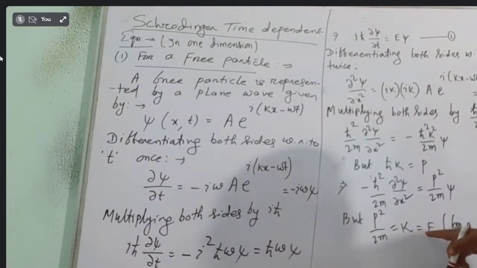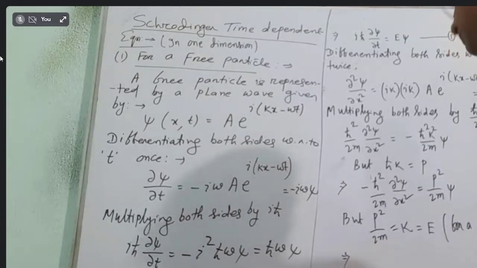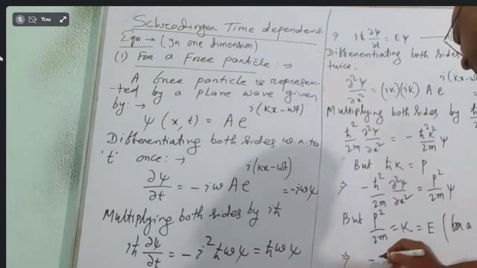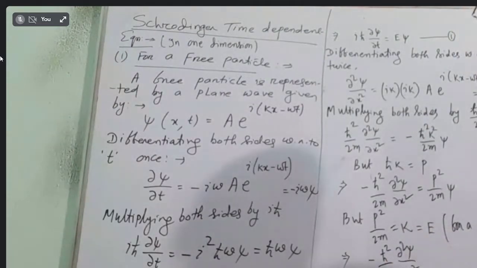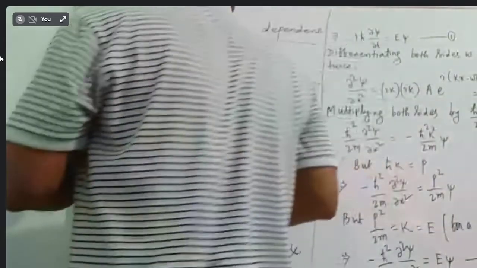If the particle were not free, then I would have written K equal to E minus V, where V is the potential energy. So for a free particle, minus h cross square by 2m del square psi by del x square is equal to E psi. This is equation 2. You compare 1 and 2, their RHS are the same. So because their right hand sides are the same,